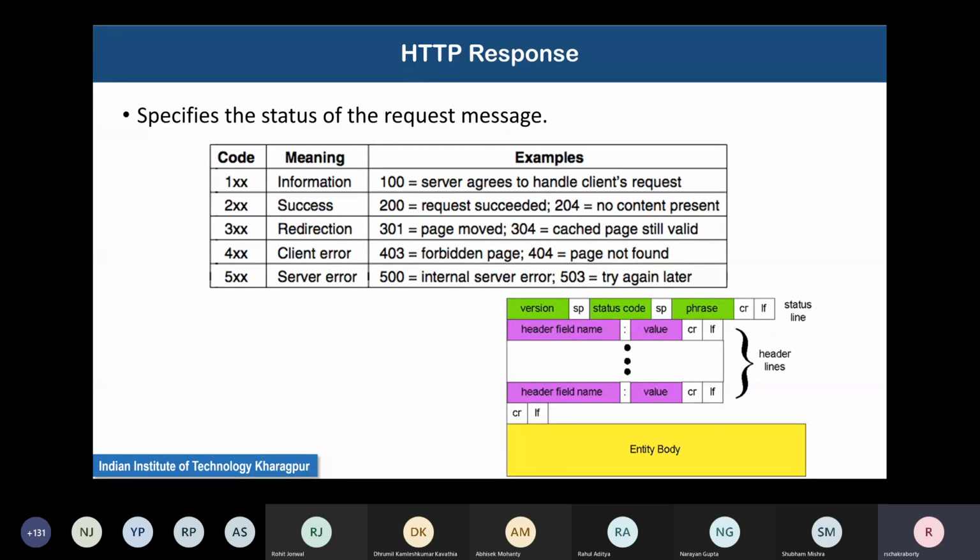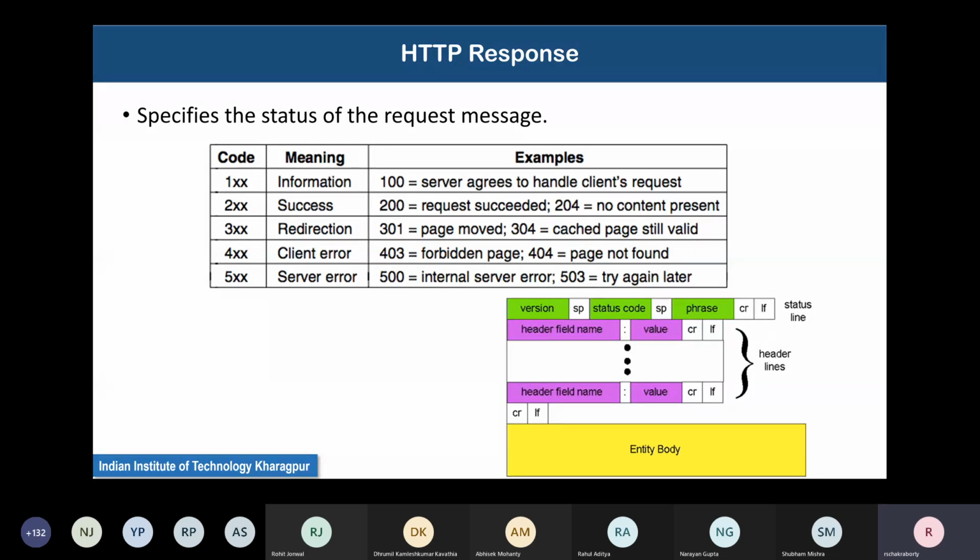Now in the header there is a code usually. These codes are usually 3-digit numbers starting from 100. Most commonly, those starting with 1 are some information. 2 means this is a success. 3 means there has to be a redirect. Okay, 304 is saying the cached page you have is still valid, don't worry. 301 is page moved, so you will either be automatically redirected or you will need to redirect yourself based on information I'm providing.